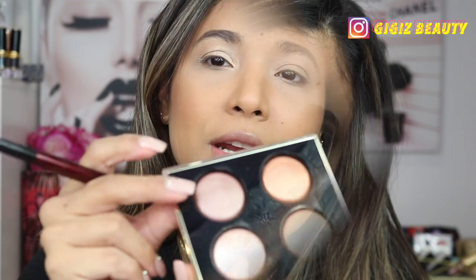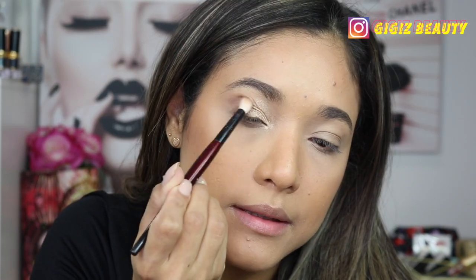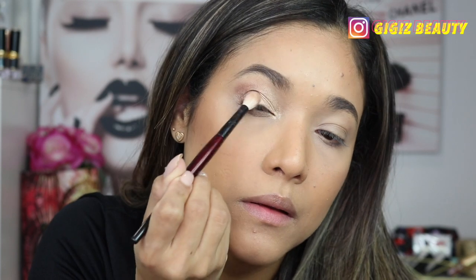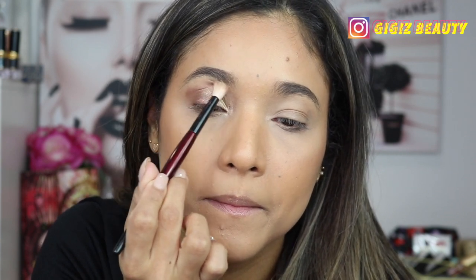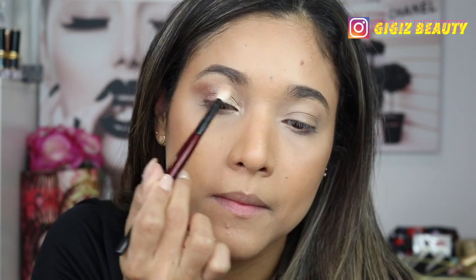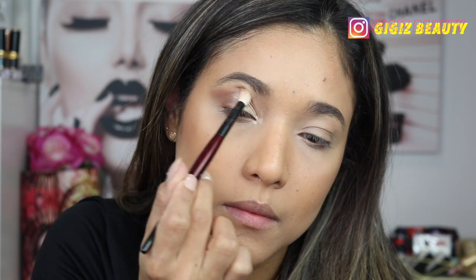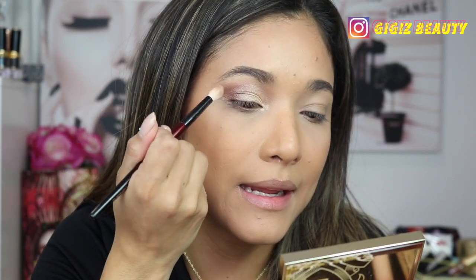You can see that it intensifies the shadow just a little bit, but not a ton. I'm gonna take this taupe here in the corner. I think it's called Heat Ray, and I'm going to put it on my outer V to intensify it. And there's a beautiful taupe shade. And that's a beautiful shade. You can see it doesn't really provide a ton of depth to my look, but I think these are just